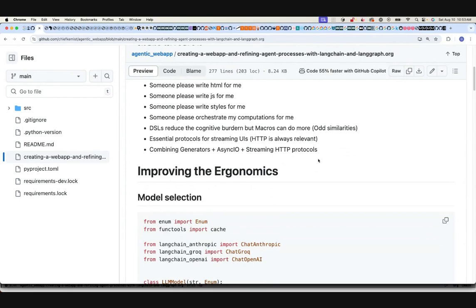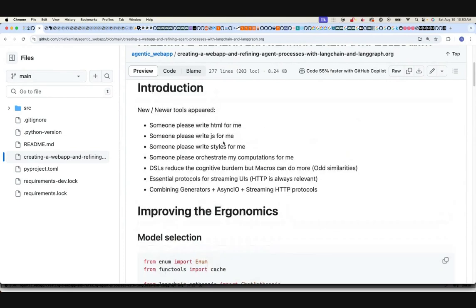Okay, so let's proceed. And also, beyond the DSLs to simplify the implementation of apps, like within Python, in the current case, it turns out that the HTTP protocols are even more relevant, right? Because there's this new approach to building UIs that are streaming. So by streaming, what I mean by that